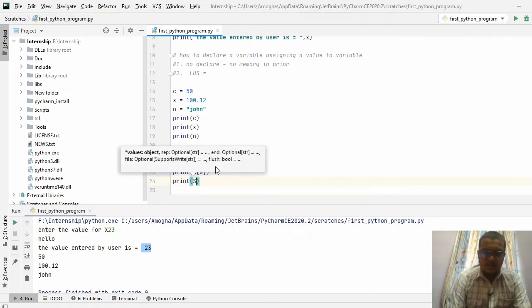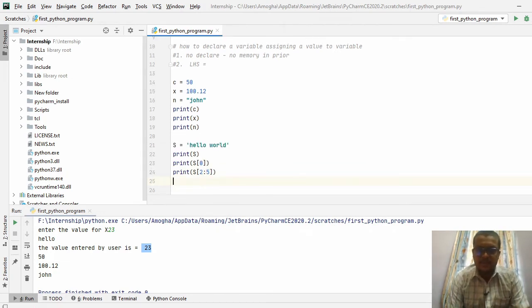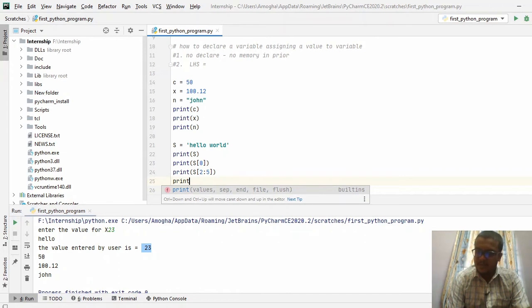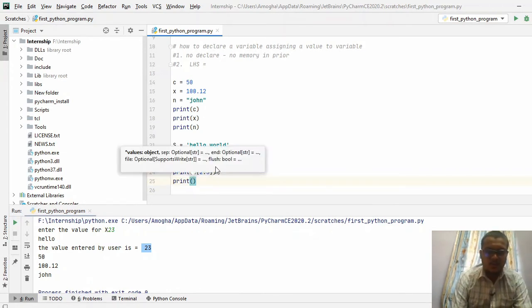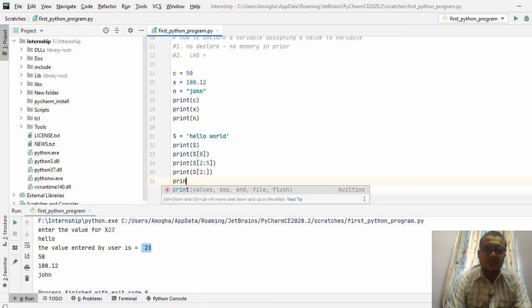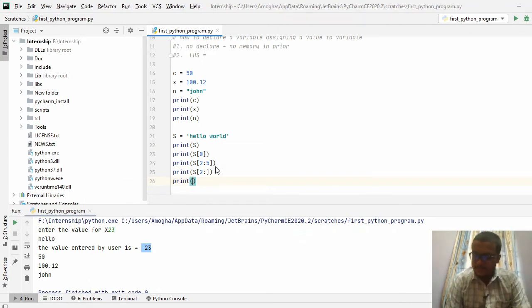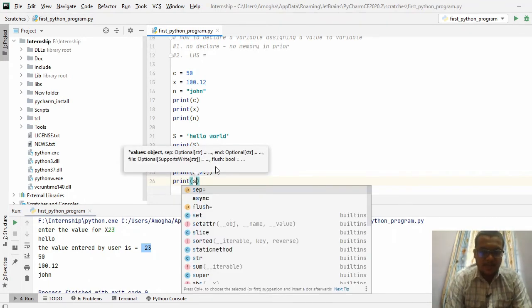And I am going to access the 2 to 5th element, the slicing operation, and next I am accessing the elements of S starting from second position to end of the string,